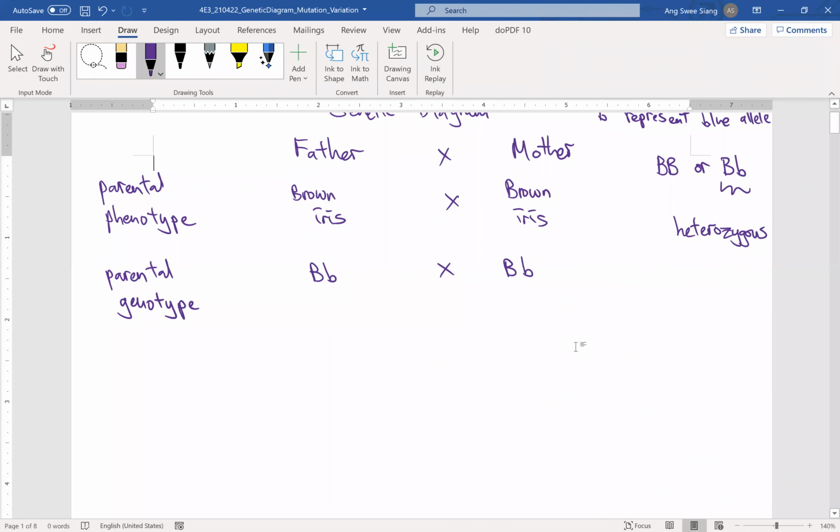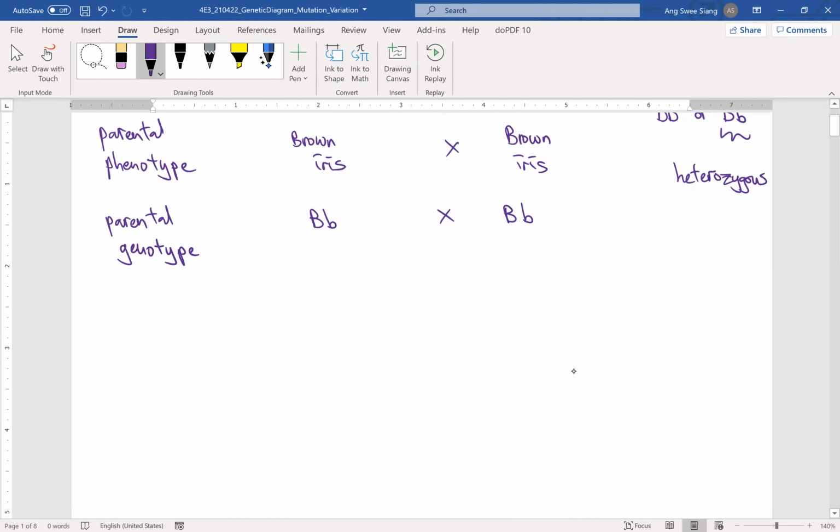Now the third row will be the gametes. So father will produce sperm. Some of the sperm produced by this father will contain the dominant allele, capital B. Some of the sperm produced by the father will contain the recessive allele. So when we draw the gametes,